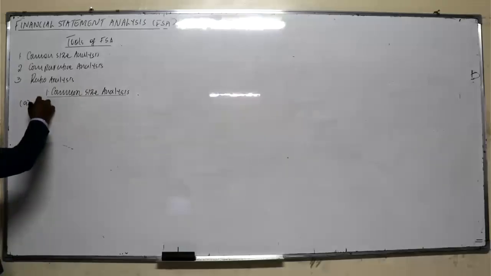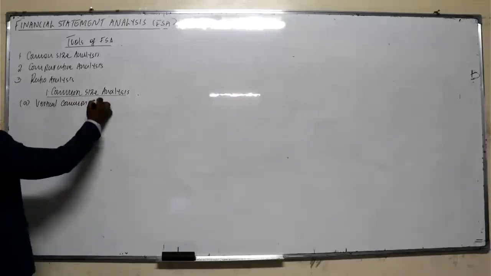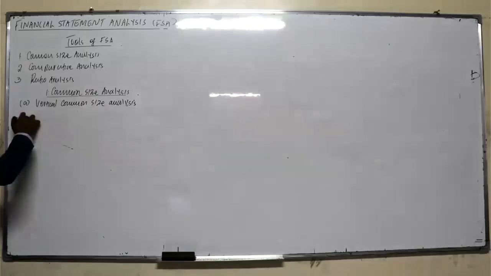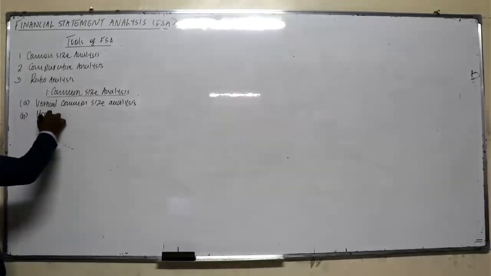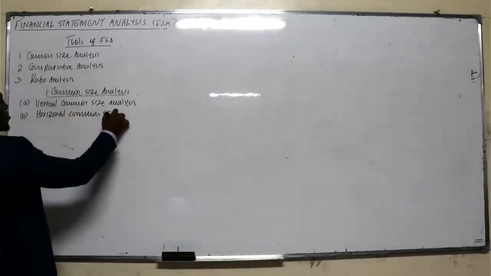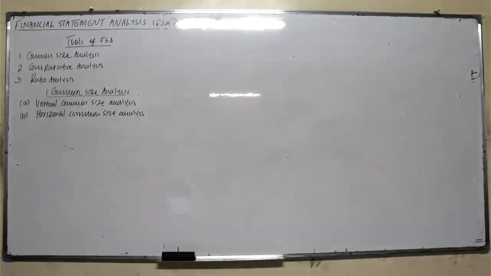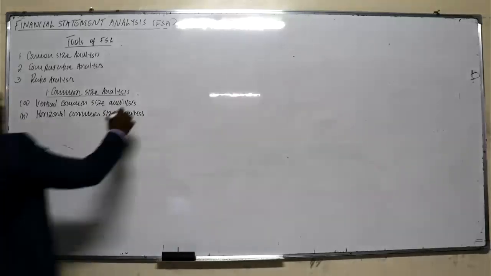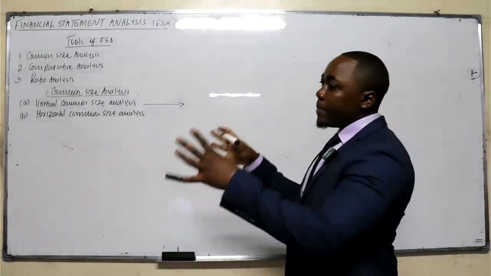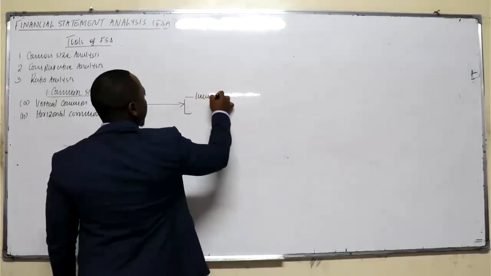We have the vertical common size analysis, and number B, we have the horizontal common size analysis. In vertical common size analysis, we express all the financial statement items as a percentage of one base case,